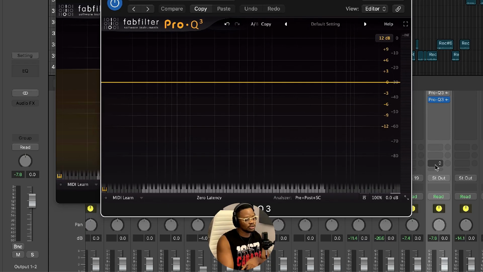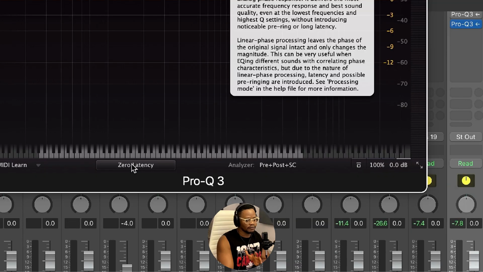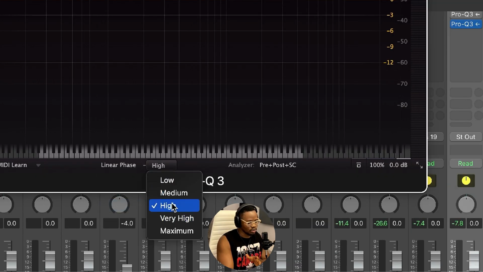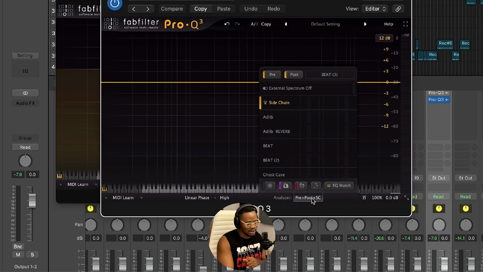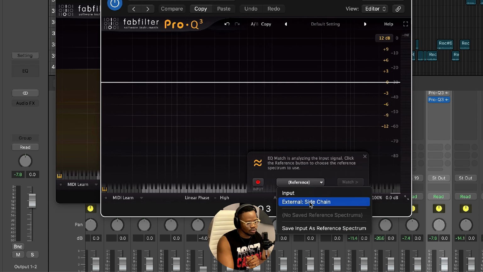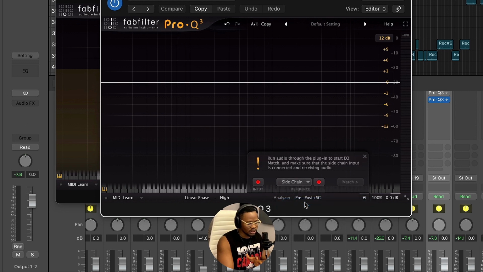So the next thing we're going to do is go over to the EQ and set up our phase, right? So we're going to set this to linear phase, and then we're going to set to high. That's what we want. We want it to be high. We're going to go over to analyzer. We'll select sidechain. You select EQ match, and then you go to, again, external, sidechain, and then we're going to